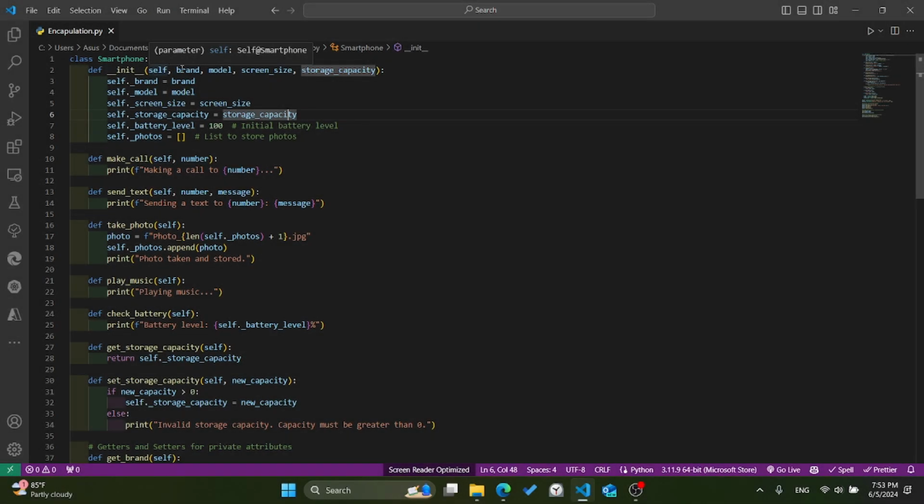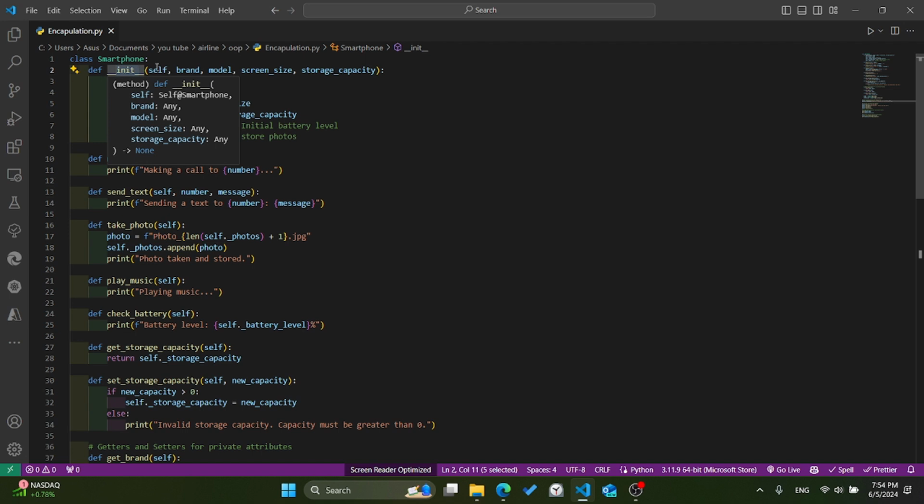I have created a smartphone class and now discuss how it encapsulates data and methods. I defined a class named Smartphone that acts as a blueprint for creating smartphone objects. This init method